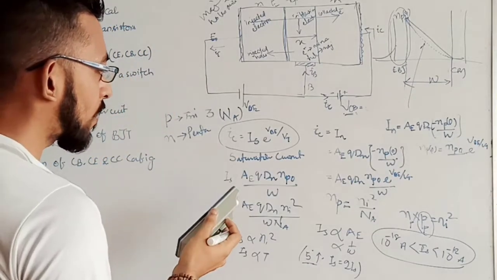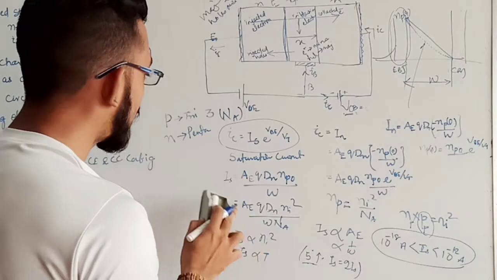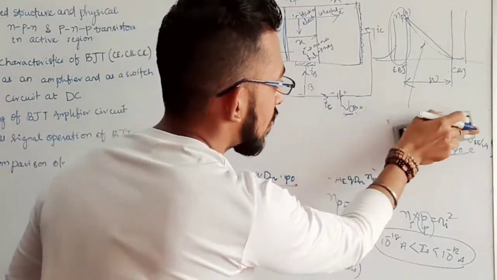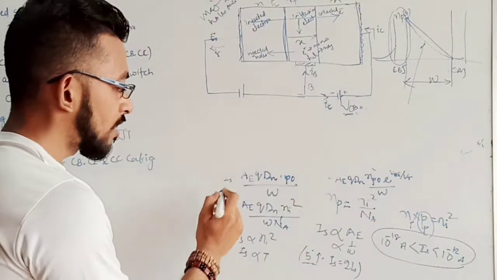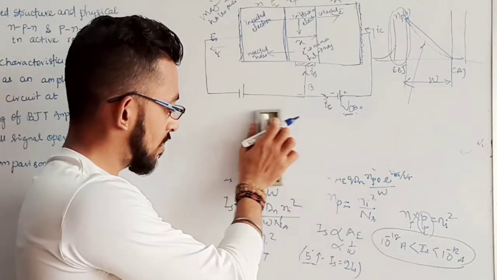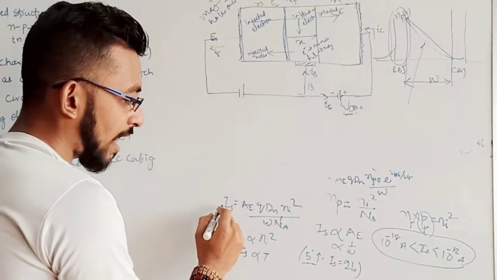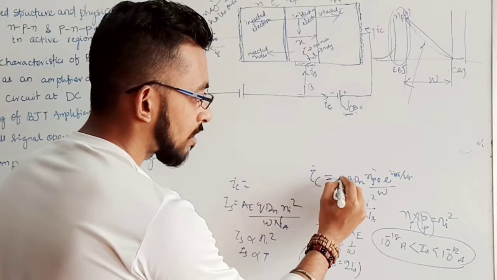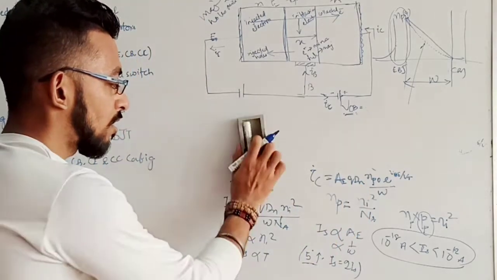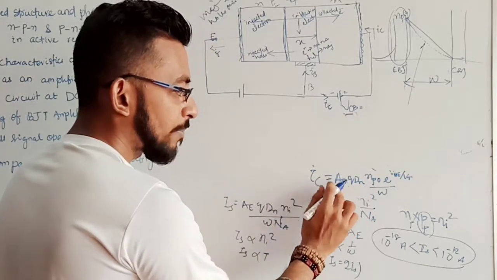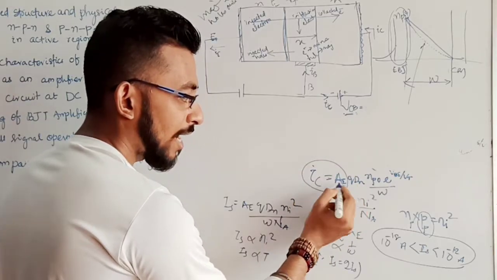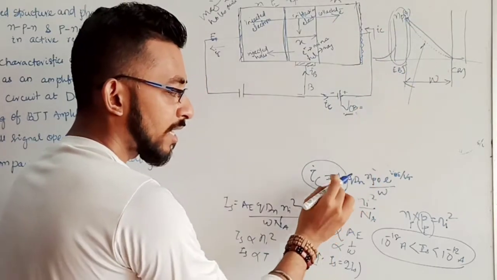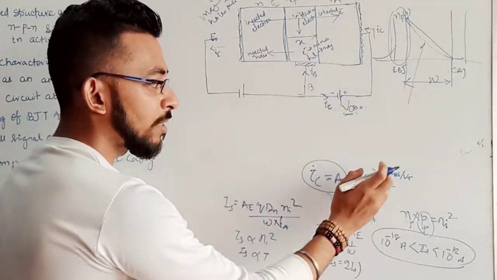Now we'll see how our IC is related to this AE. Let's take one more point. You see here our Is, so my IC is nothing but this, here it is my IC, this much. Here our IC depends upon AE, you see: this collector current depends upon the emitter base junction area.